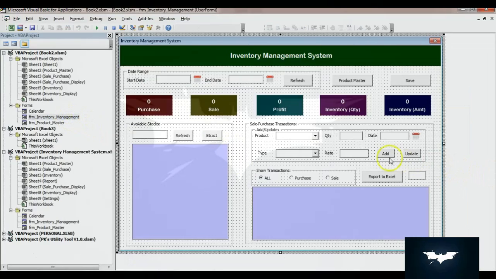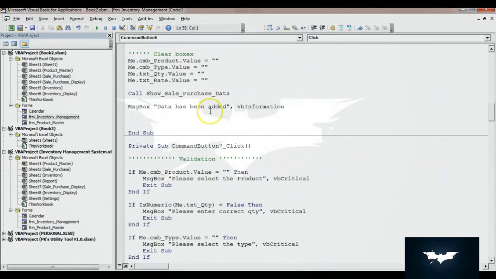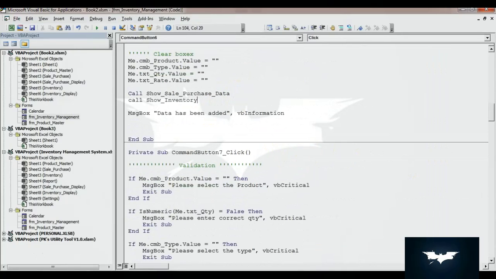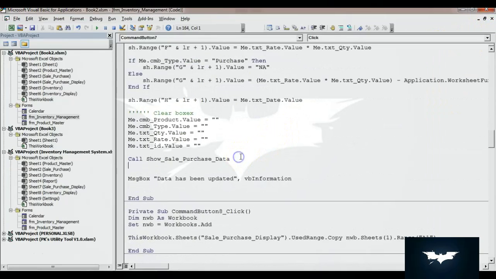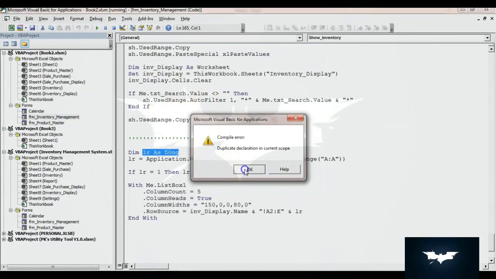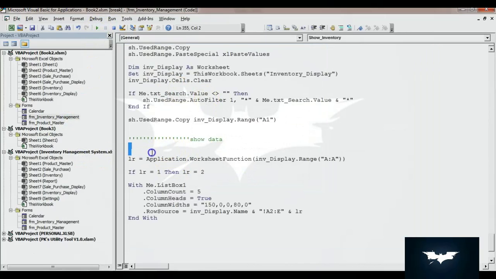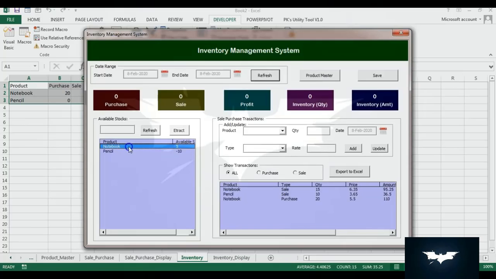Next, whenever we update or add any transaction in the sales purchase table, the inventory should be updated. So I'll use here add, and then I will call this here, and update, and call this here. Alright, so let me run this. Okay, so the declaration should not be taken again. So let's run this. Here you can see the available stock for pencil is coming in negative because